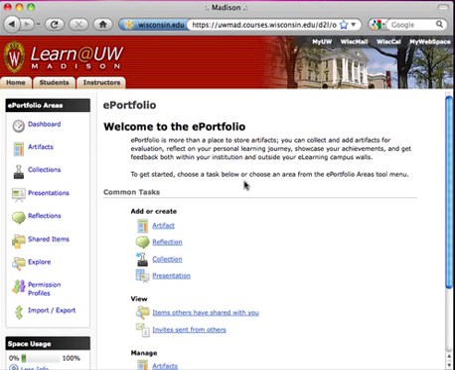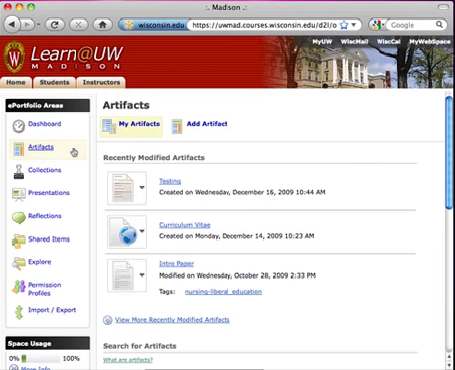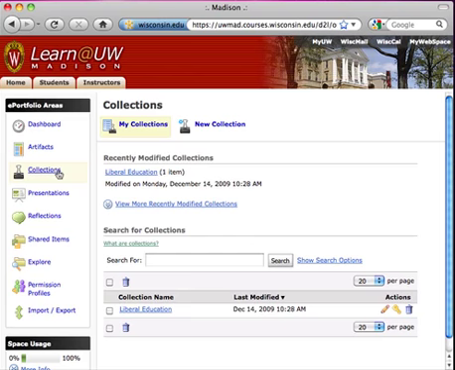You can attach it to a class, but it really works better when it's working on its own, and students are the ones that are organizing things and putting it together. Things are organized into artifacts, which are basically things that people might upload that they want to share. You can put artifacts together into collections,